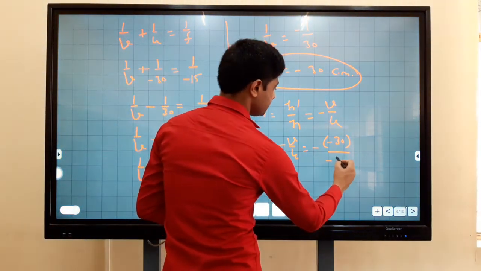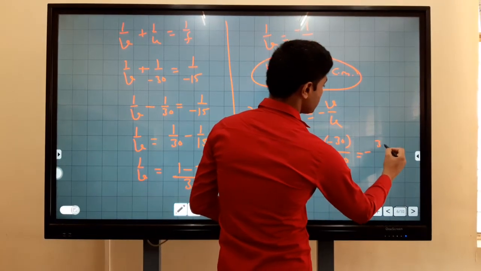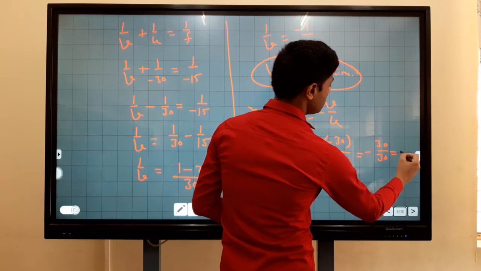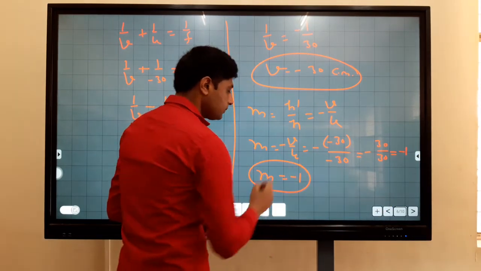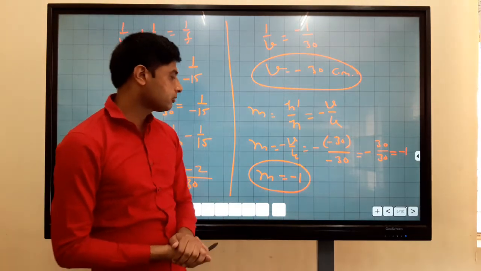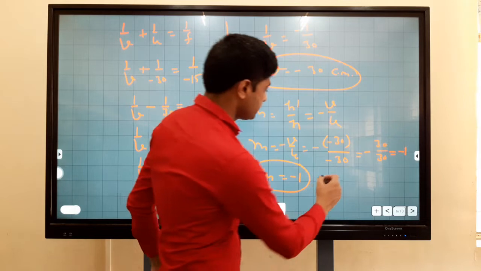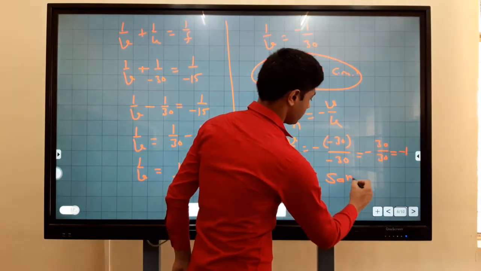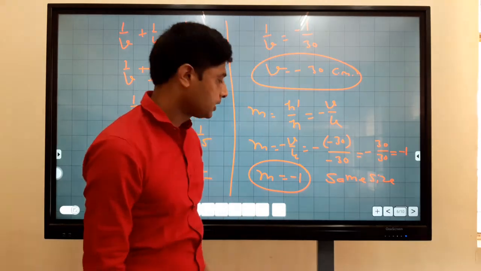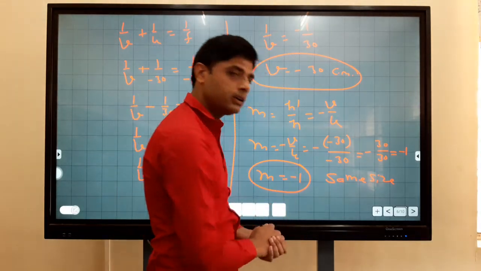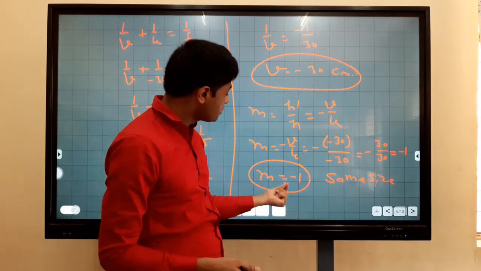It means minus 30 upon 30 equal to minus 1. It means m equal to minus 1. The meaning of 1 is that the image is the same size, and the minus sign